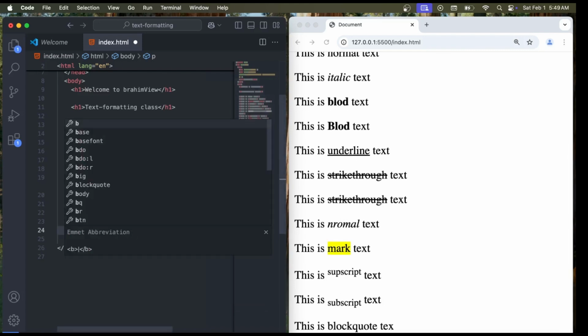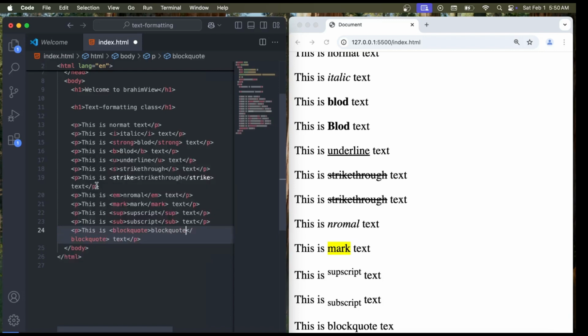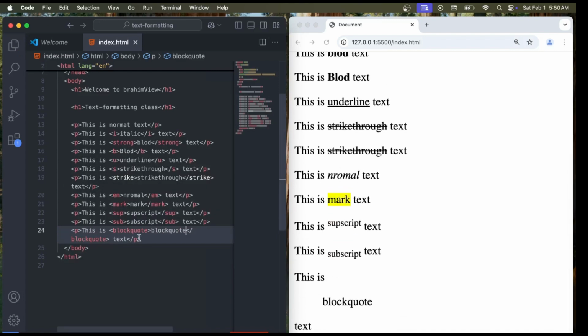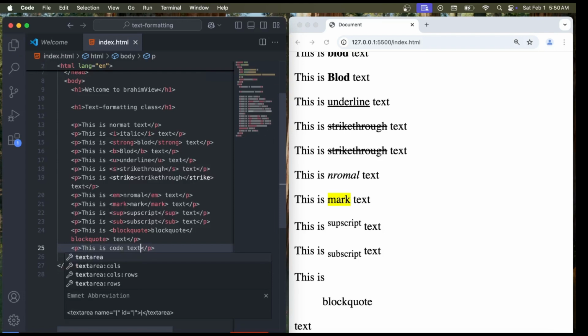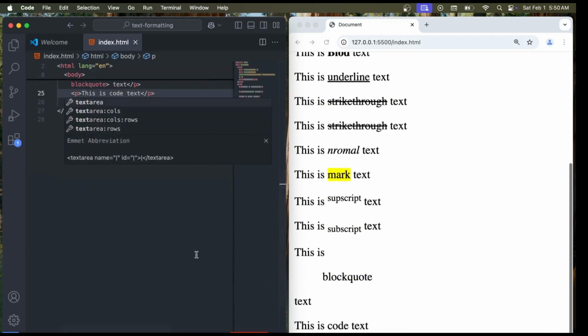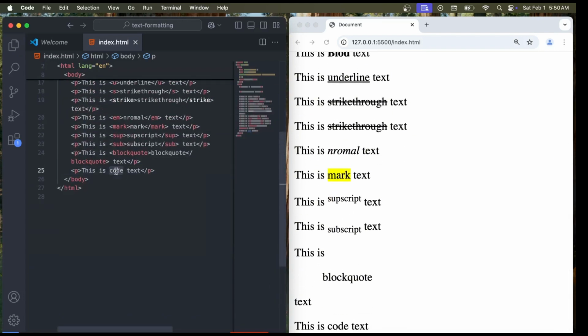Now if I add this, now look what's going to happen. Can you see that? We also have, this is code text. So if I actually add code, can you see that? So we also have, this is,